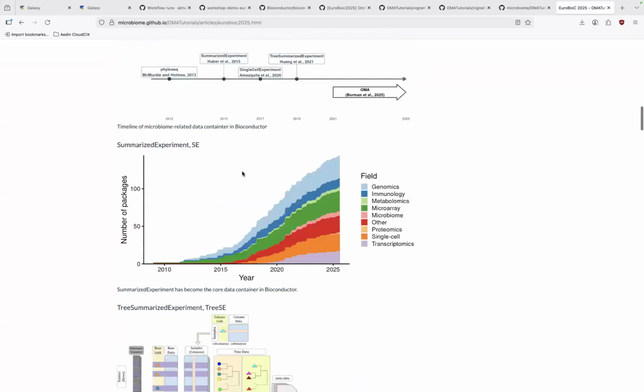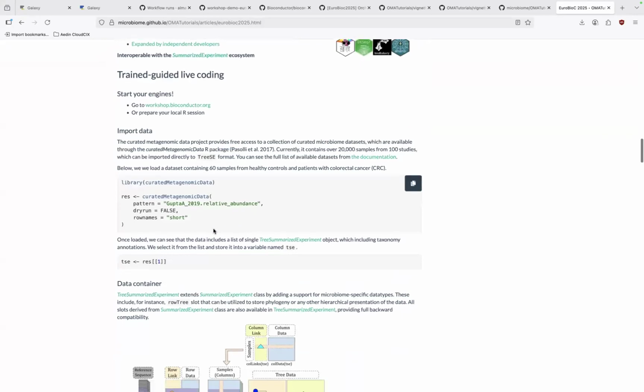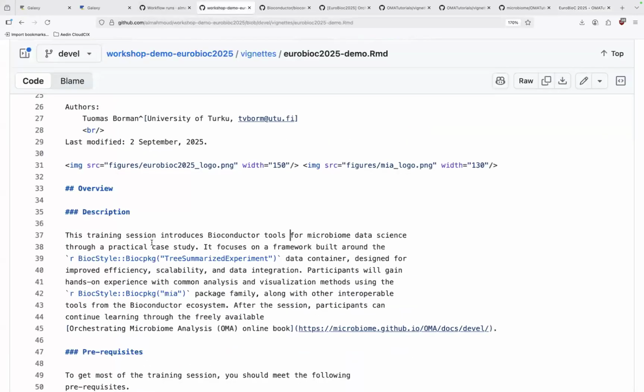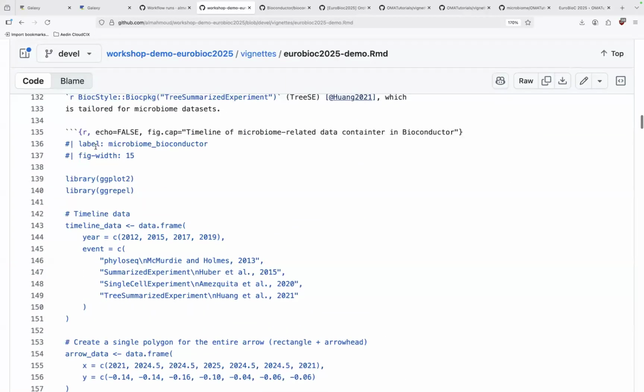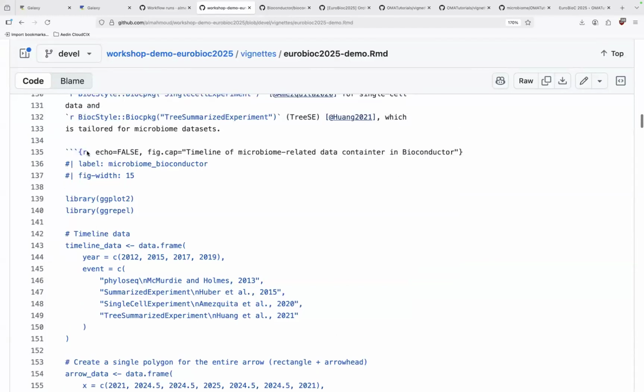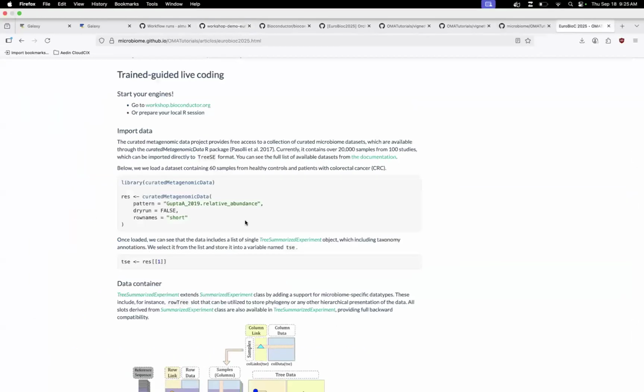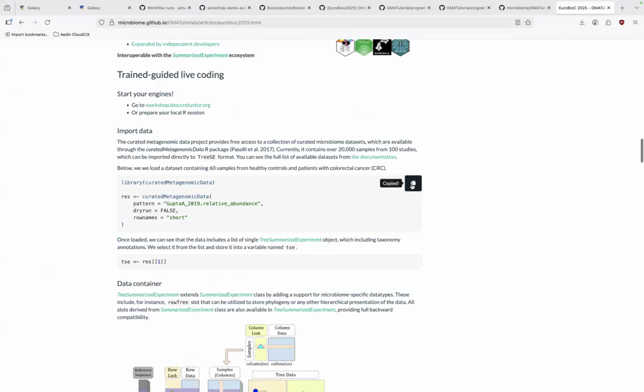If we go a little lower, you can also see there's these blocks of code. So in your markdown, you can add blocks of code, and then they will be rendered as these blocks that are easy to copy. So generally, especially if you want your audience to follow along when you're authoring your workshop, you should not embed code within the text directly, but create these blocks of code to make it easier to find them and to make it easier to copy the blocks